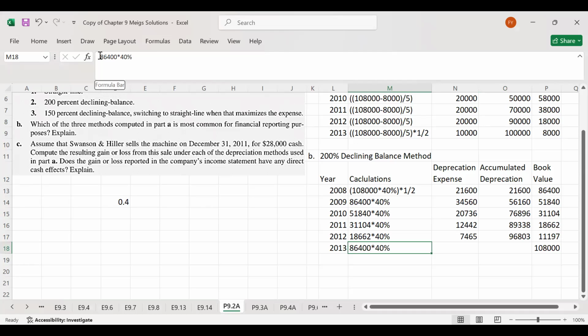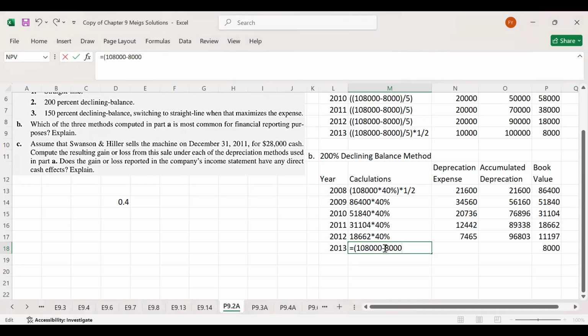Remember one thing, for the last year, it is mandatory to have the residual value be the remaining book value. So the residual value is 8,000. So for calculating this 8,000, instead of calculating this whole method of book value applying a 40% rate, we simply take the depreciable value, which is cost, 108,000, minus residual value, which is 8,000. In this way, you will get